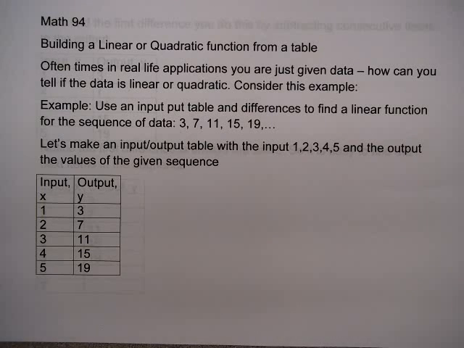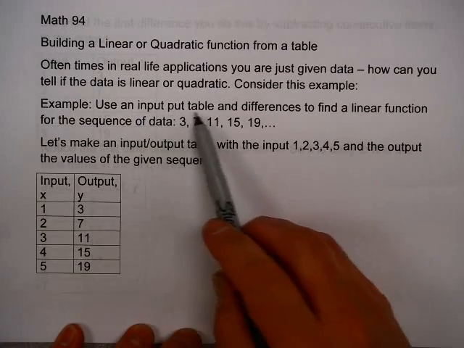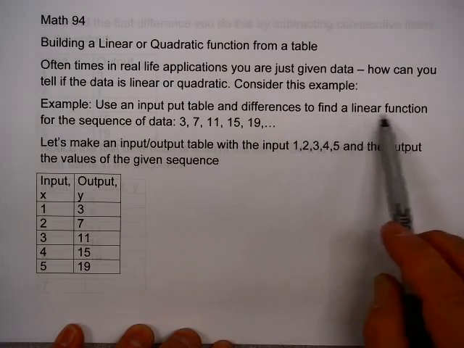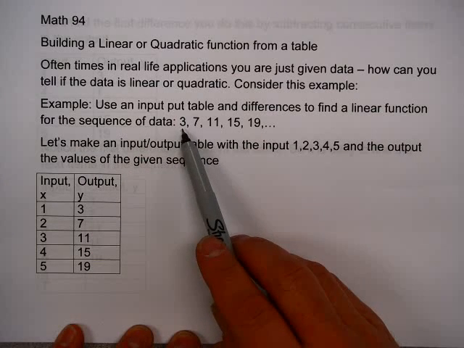I'd like to talk about building a linear or quadratic function from a table. Oftentimes in real-life applications, you are just given data. How can you tell if the data is linear or quadratic? Let's consider this example. Use an input-output table and differences to find a linear function for the sequence of data